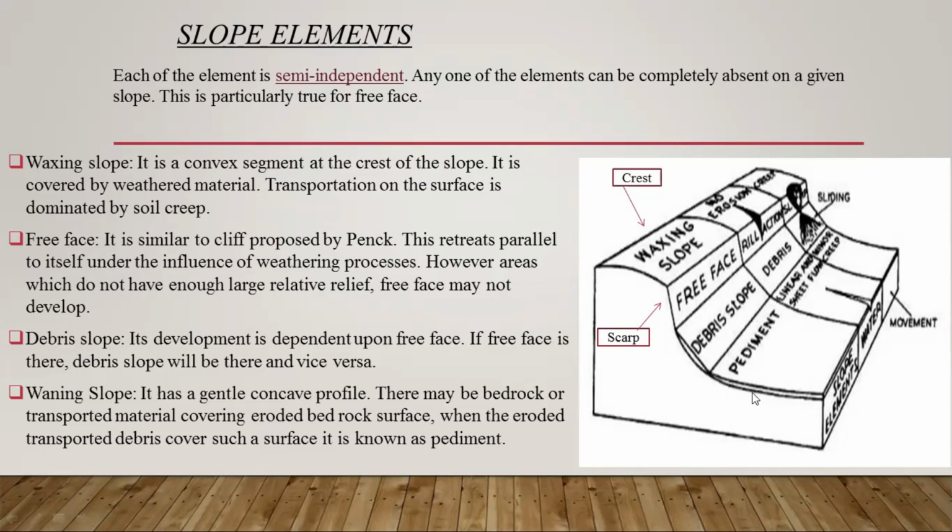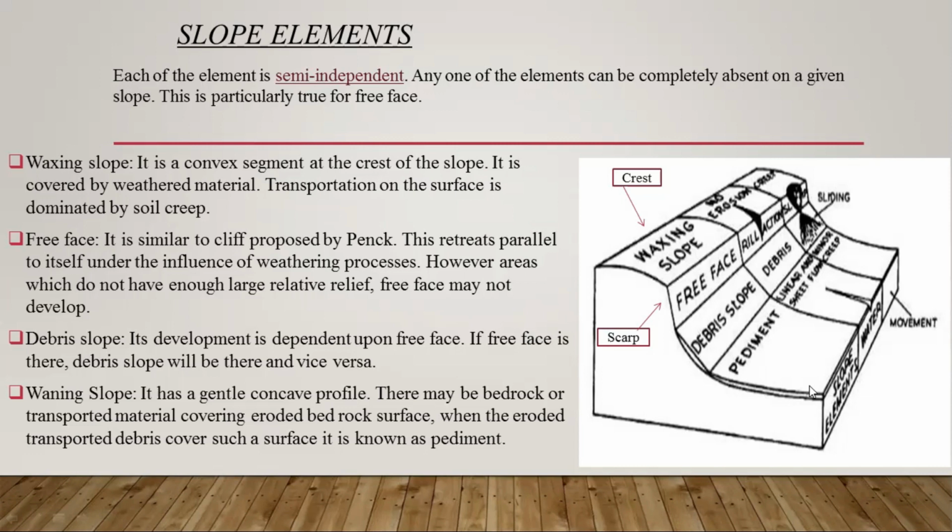While being transported, this particular place attains a concave shape because of transportation, because of river action. Over here, the base area takes the concave shape,